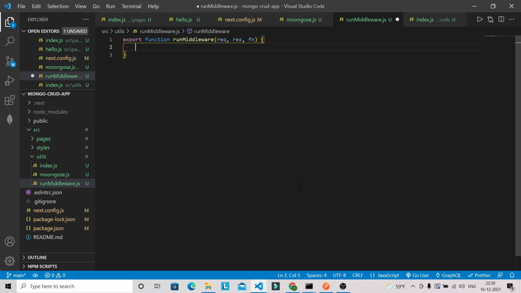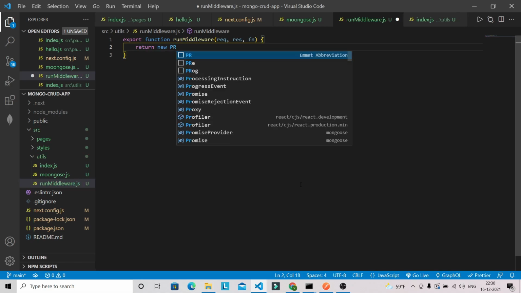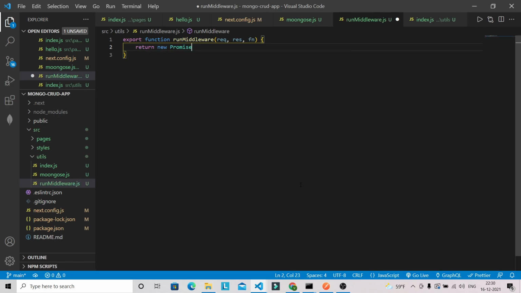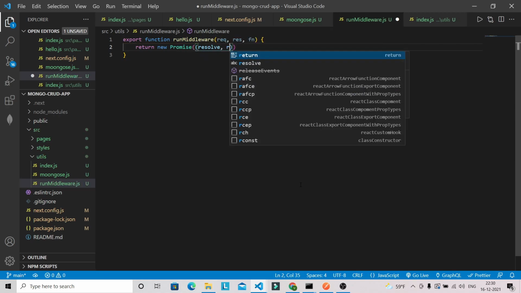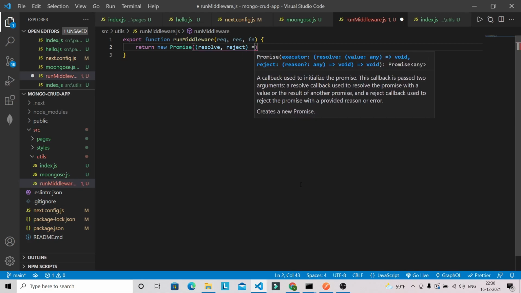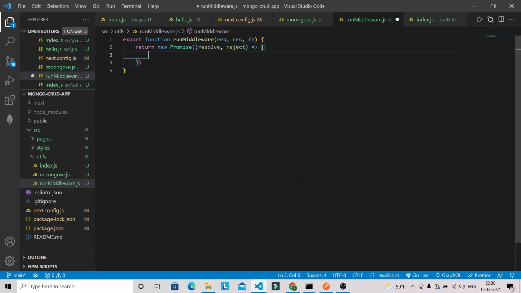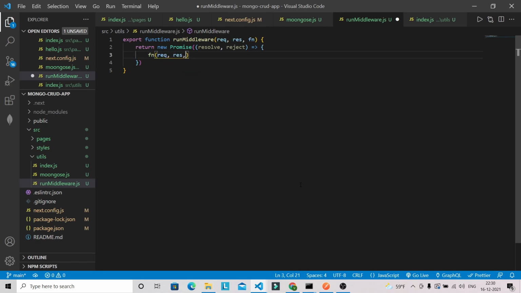After that it will return a new promise, and this promise will have resolve and reject. And we're going to have this function request result.